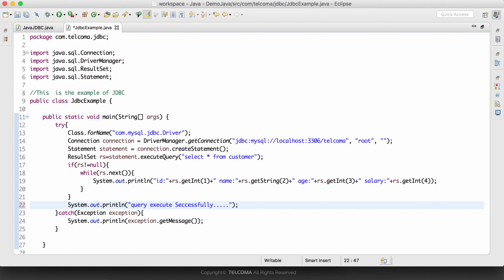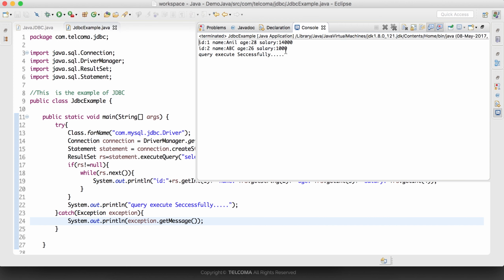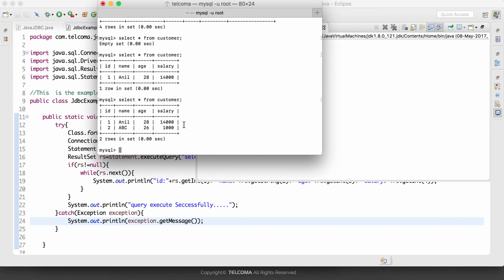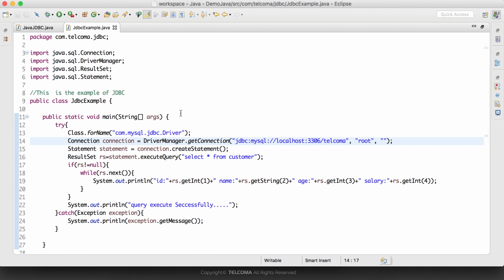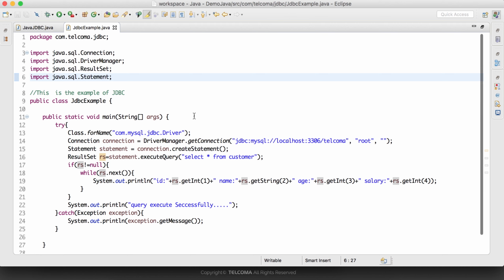The query executed successfully. Now let's see what the output will be. Here you can see ID 1, name Anil, age 28, salary 14,000. Then we have another record. In this way we have created the data and retrieved the data from the database, and with the help of iterating this result set, we have displayed the data on the console. Thank you for watching the video. We have covered how to create a table, how to insert the data into the table, and